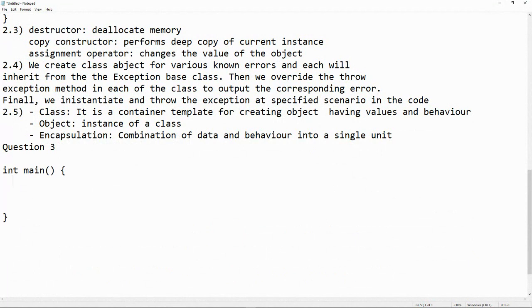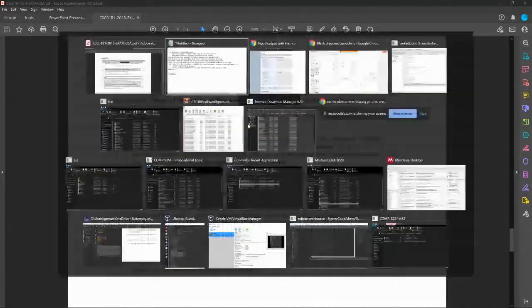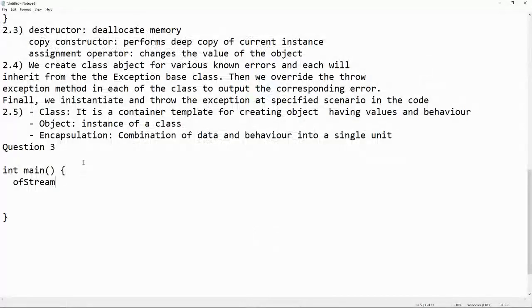In the main, I will have to declare an output stream, because we are trying to read this file called drone telemetry.txt. So I'll just create my file,